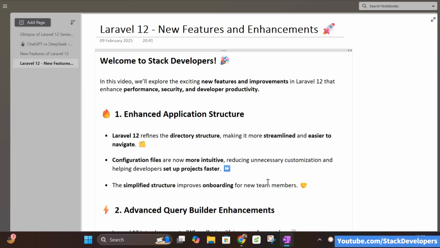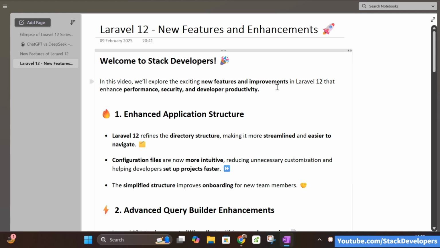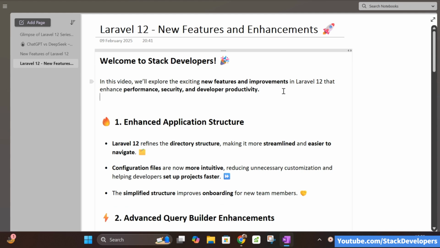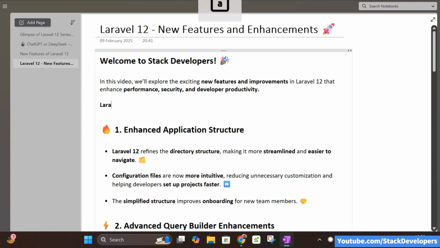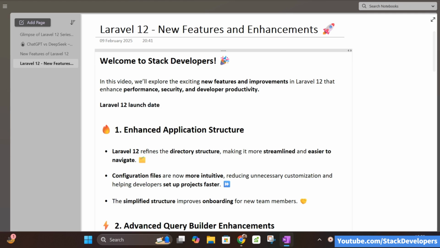And I'm going to tell you the Laravel 12 launch date, and that is February 24th, 2025. Okay, so I'm going to write here as well that the Laravel 12 launch date is 24th Feb 2025. Get ready for it, and we will start working on the multi-vendor e-commerce series in Laravel 12,